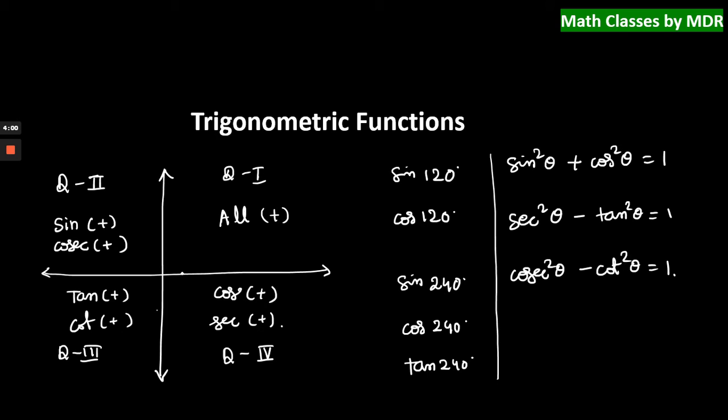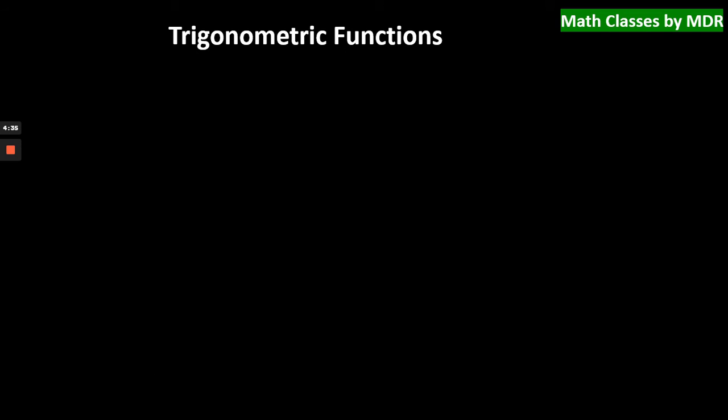And one more thing: for every 360 degrees, that means on completion of a cycle, for every 2 pi, if you take a ray that moves in the anti-clockwise direction by 2 pi, then it comes back to its initial state. Then again it will start from this position. That means after the rotation of every 2 pi, the trigonometric functions will have the same values.